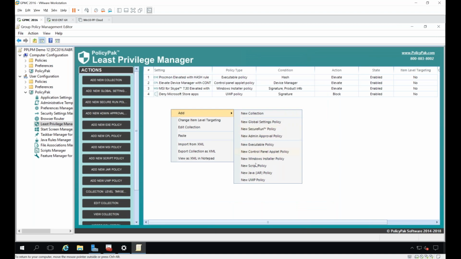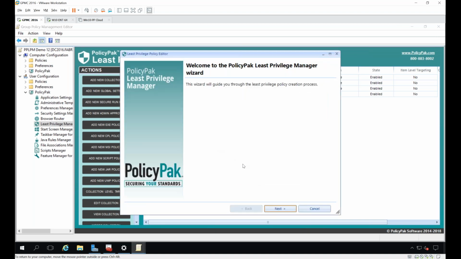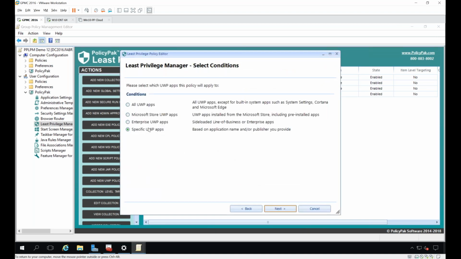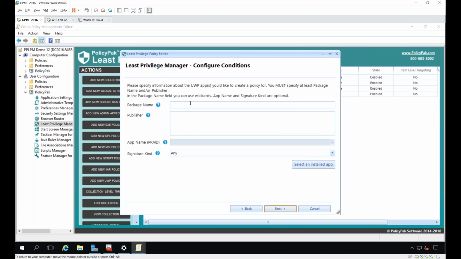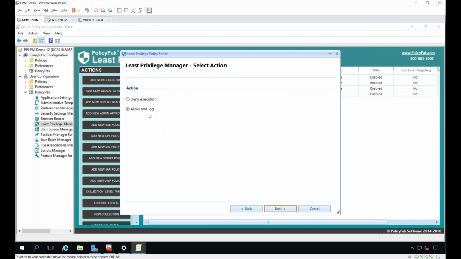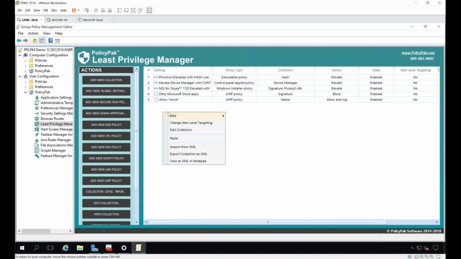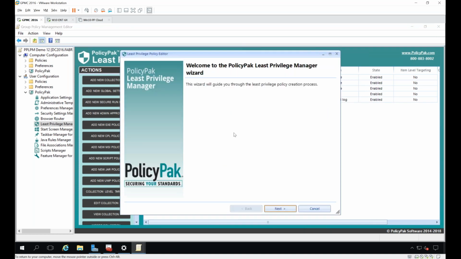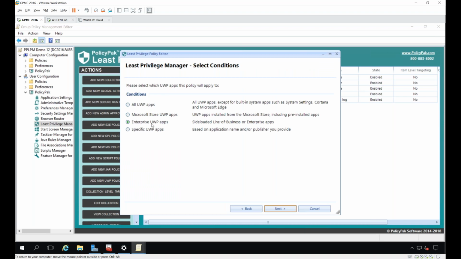But at the same time, I want to open up two things. I want to open up the store itself. I can't remember the actual package name of the store, so I'm just going to give it by name here. That's good enough. So I'm going to let the store through, and I'm also going to let it through if it is either signed by Adobe or maybe has Adobe in the name.